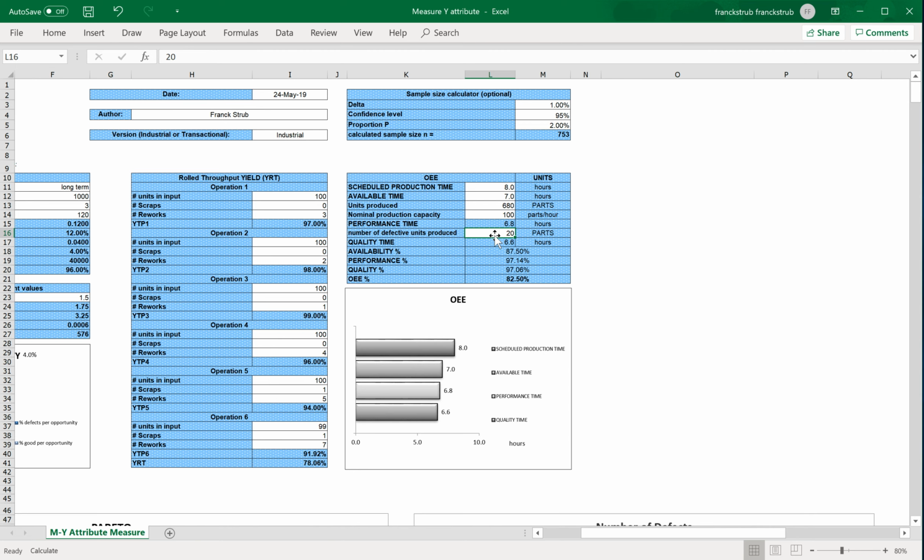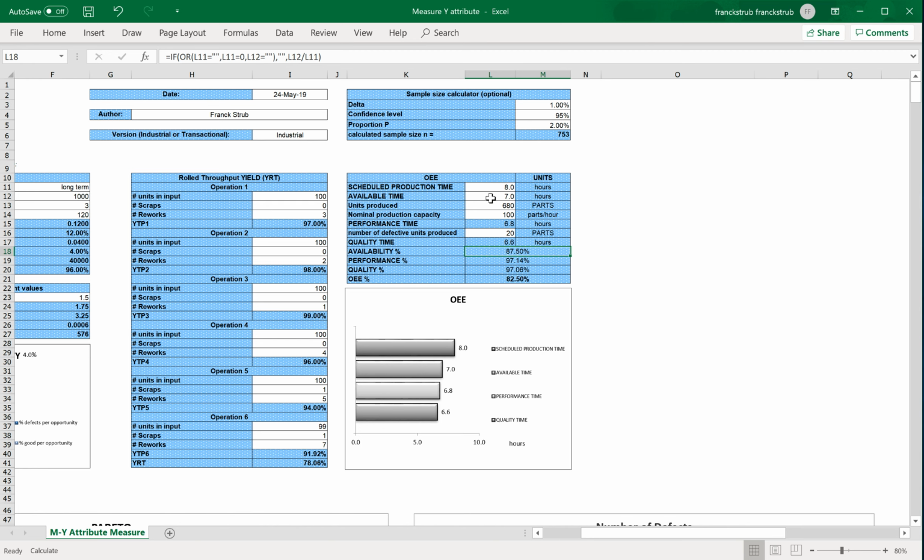These numbers will allow us to calculate 3